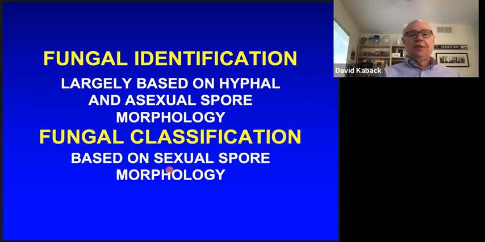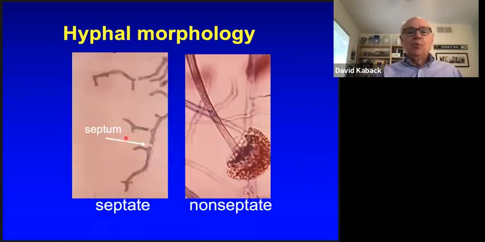So these are completely different parts of their life cycles where fungi have sex, and these sexual spores tell us where it belongs in the phylogenetic tree. Okay, so when we're looking at hyphae, we have two kinds. We have what are called septate hyphae, shown here, and they have little septa in them that you can see separating the different parts of the hyphae. And we have non-septate hyphae, which don't have septa separating the different parts.